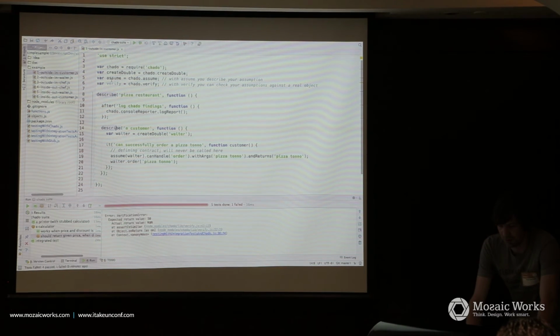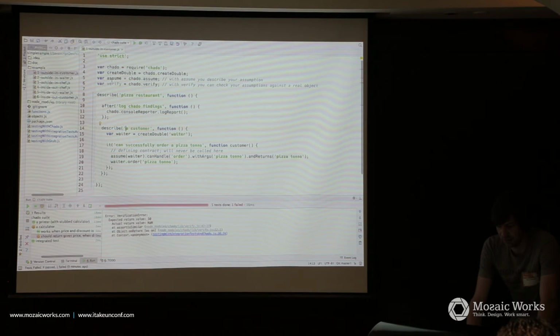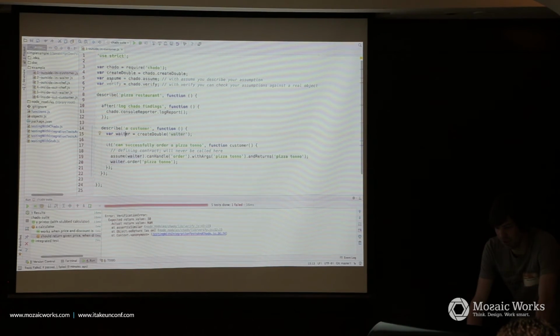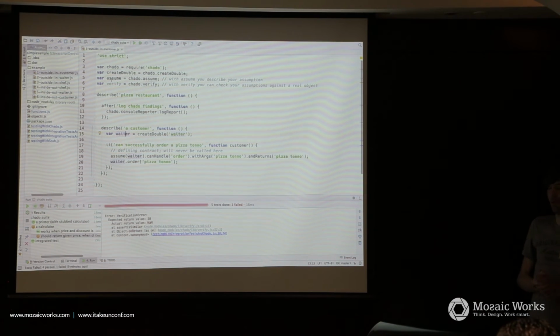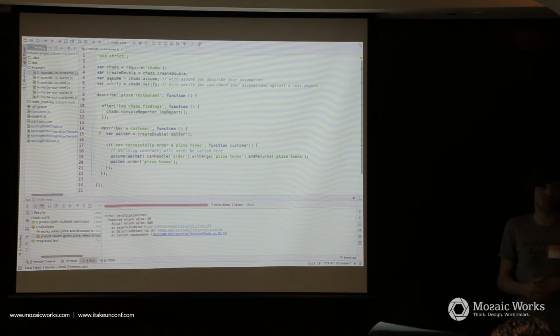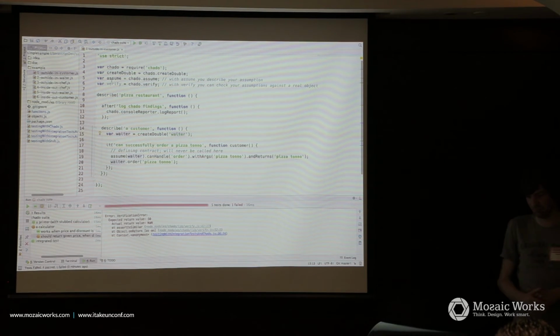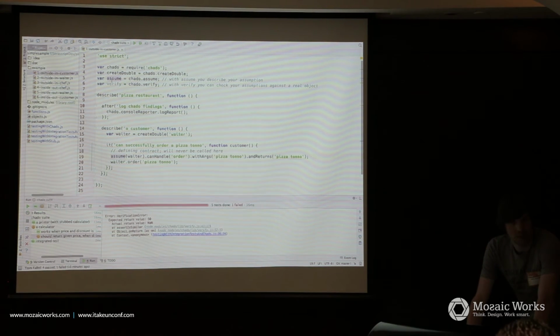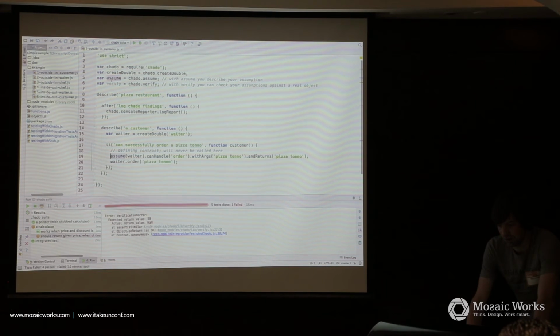And we start with the client or the customer. Because we do not have a waiter yet, we haven't implemented it yet, we just create a test double.